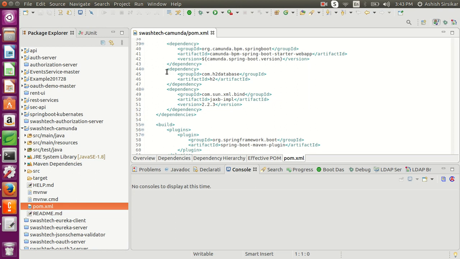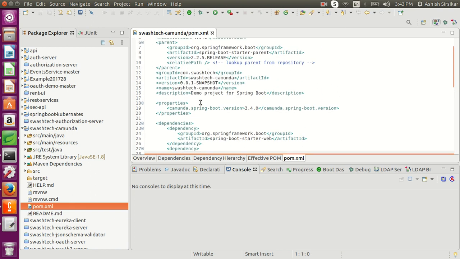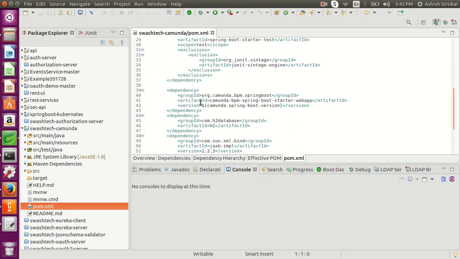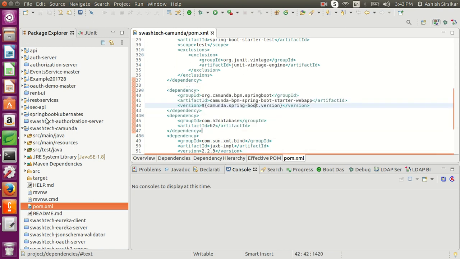Here all your process things will be stored in this database, and this is the supporting dependency. So these are the dependencies that we have to make sure we are adding into our pom. These are the most important and necessary dependencies to run this application, so you have to make sure of that. Then we will go over the process.xml.